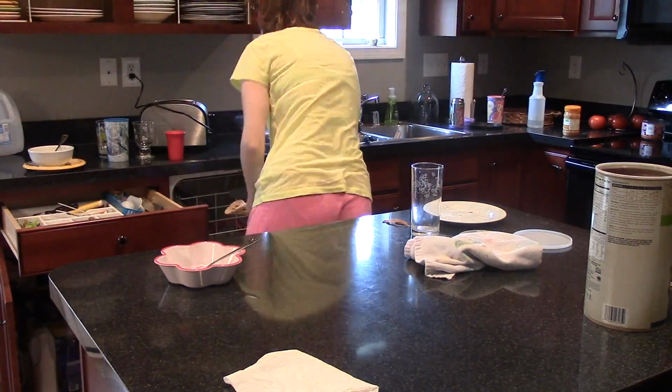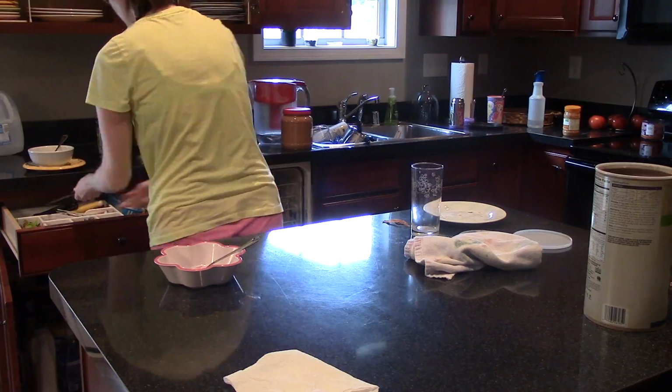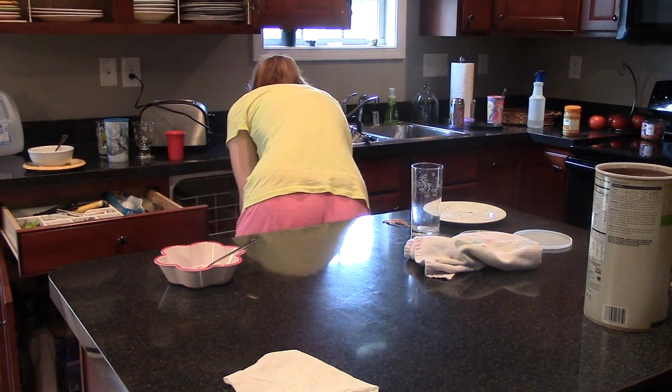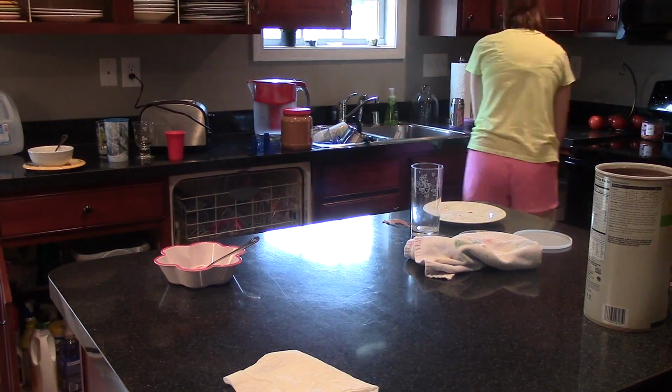Sometimes the girls will clean it. And the same thing with the living room. I just really can't relax on Saturday night when the downstairs is a mess. So it's definitely a top priority for me to make sure that I get the downstairs at least cleaned for